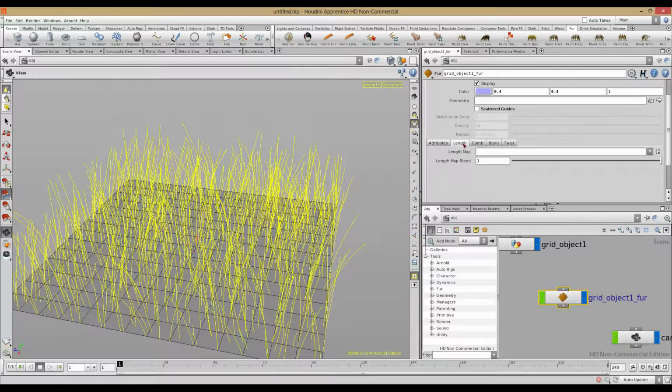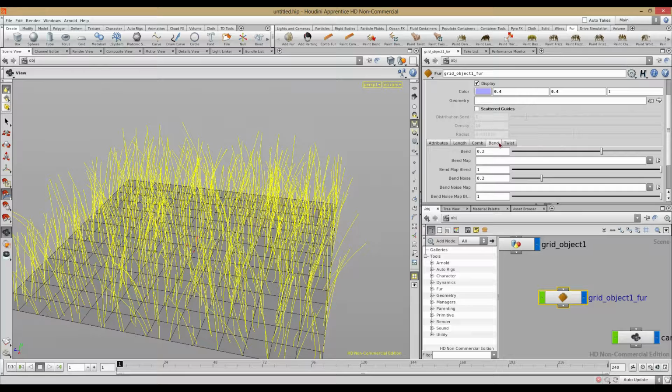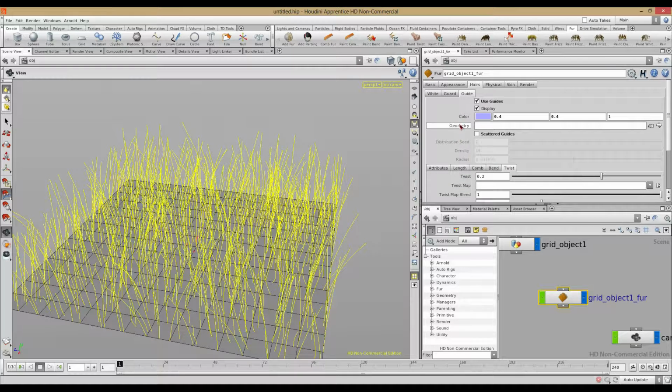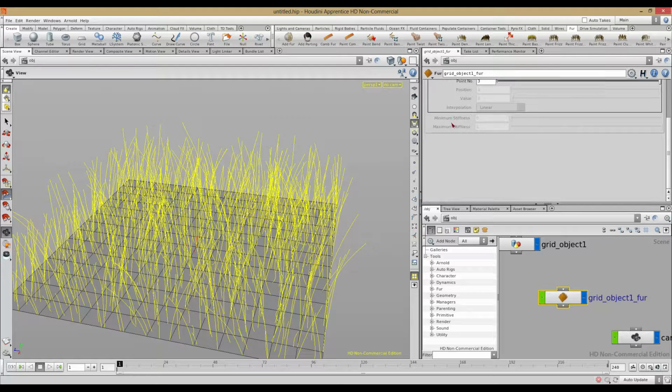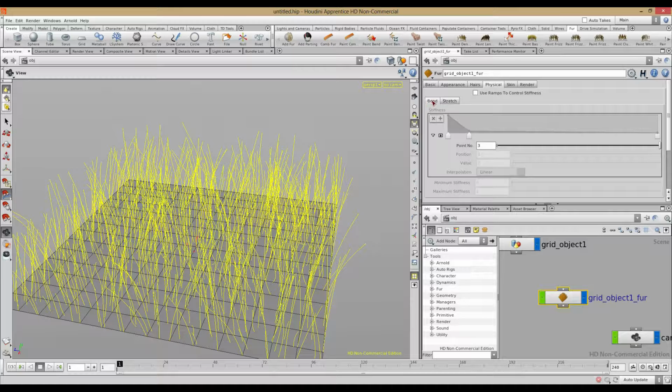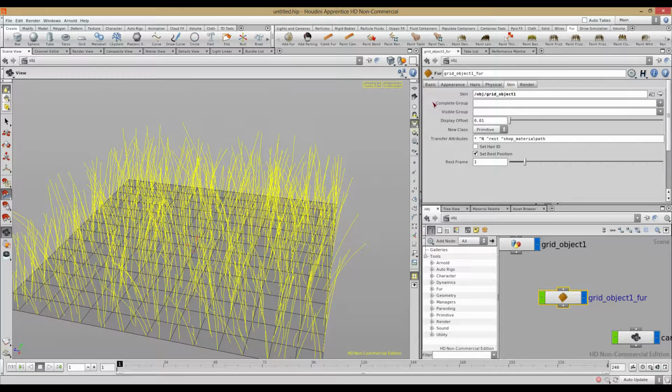All right, and here are the parameters for the guide curve. Physical, this one is for simulation. Skin, here you can define the skin object of the fur. So